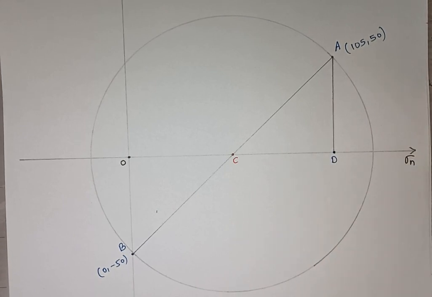Fine. Now let us go on marking things, what all things we are knowing, right? So first let me mark the principal stresses. Now, what is the definition of a principal stress? Or you can call it as a principal plane. A plane on which shear stress is 0 is called as principal plane.